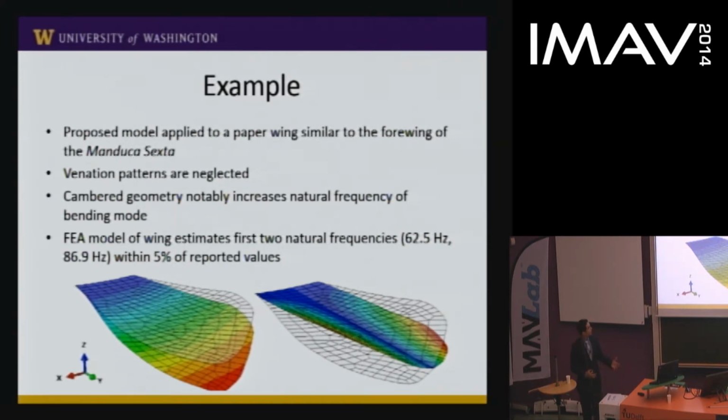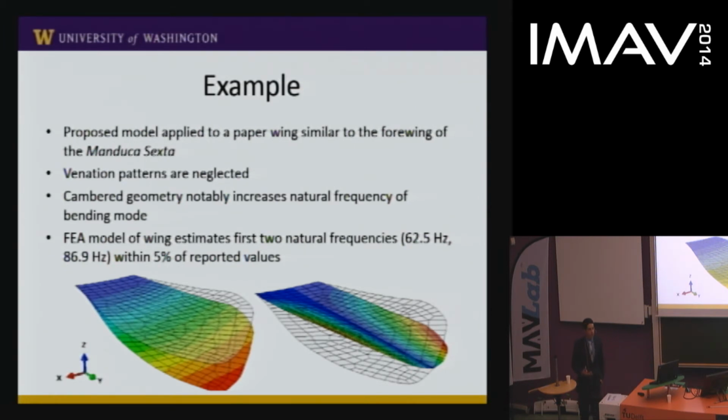How we dreamt up this wing was we traced CT images of an actual hawk moth wing in Abaqus finite element software. We replaced the membrane material with a paper material of uniform thickness, and we've neglected the venation pattern. We've also implemented a camber geometry of about 13%, which is certainly exaggerated from that of a real insect. We notice that this has the effect of lending support to the first bending mode. So really what you're doing is increasing the natural frequency without changing the mass or altering the actual stiffness